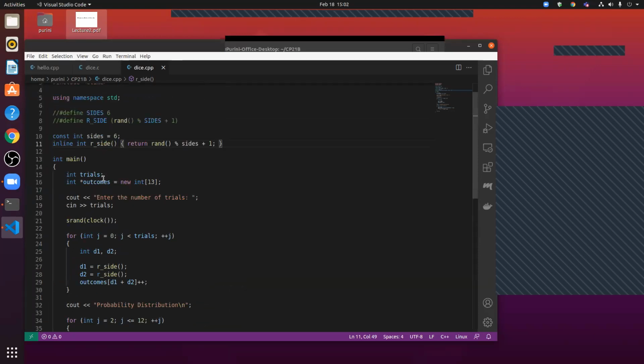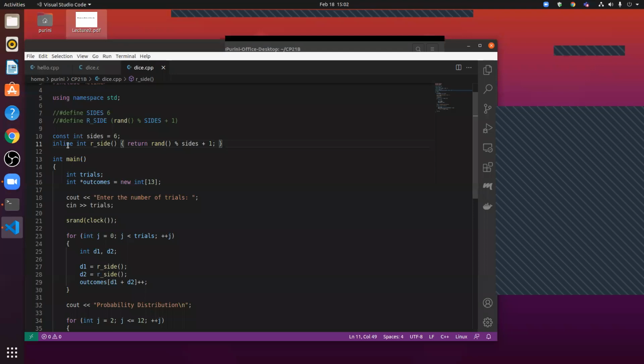So the two important things I would like you to understand here is it is better to avoid macros and use the way we defined this variable size. We mentioned it as a constant and we declared its type.